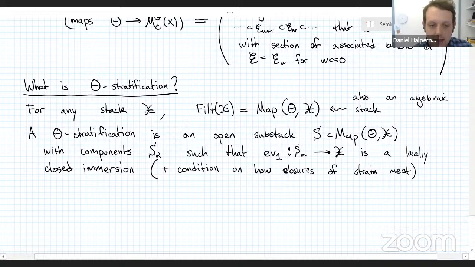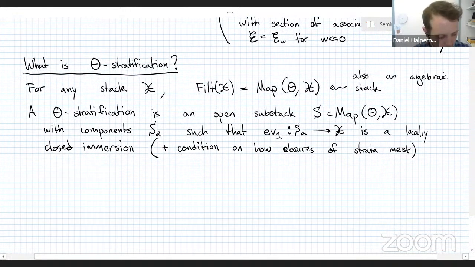And once you phrase this as a moduli problem that way, it sits inside this mapping stack, the stack parameterizing filtered vector bundles. And then the forgetful map that forgets the filtration is a locally closed immersion. So that's sort of how this is formulated. But the key point here